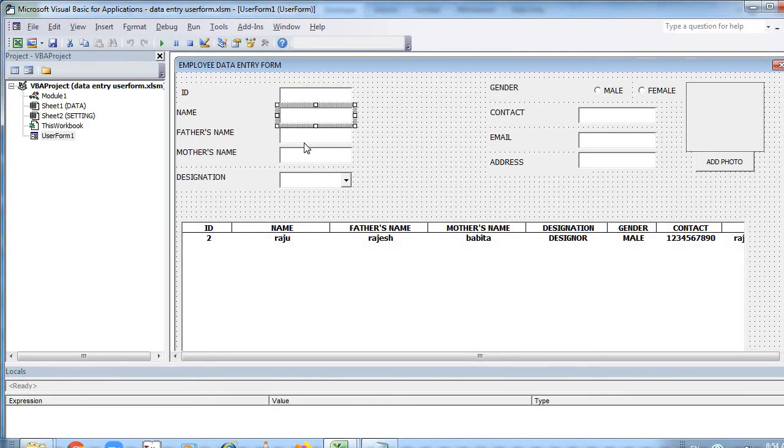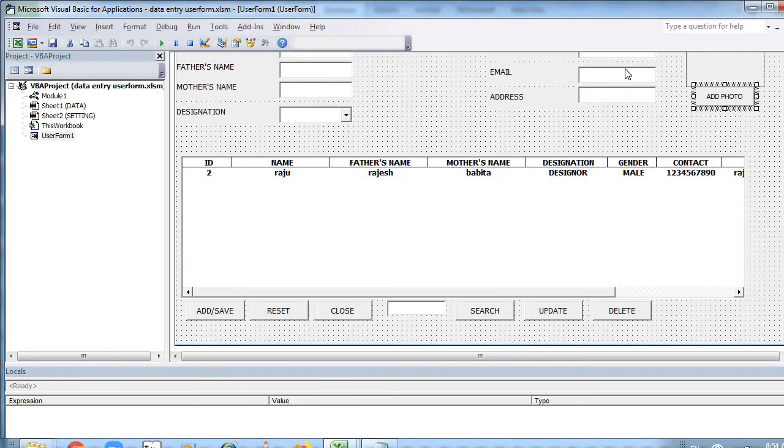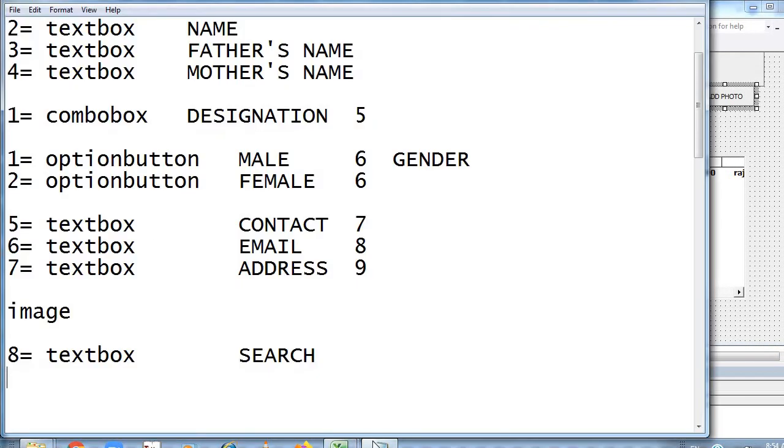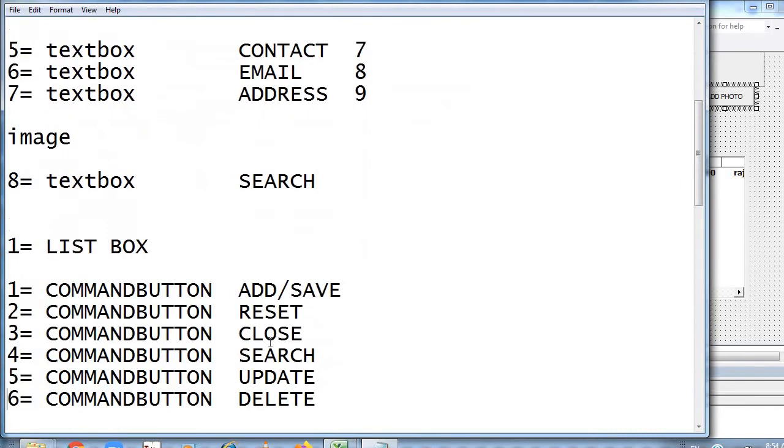Text box, text box, text box, text box, combo button, option button, option button, text box, text box, text box, image. Then this is the command button. There are a total of 7 command buttons. After that,